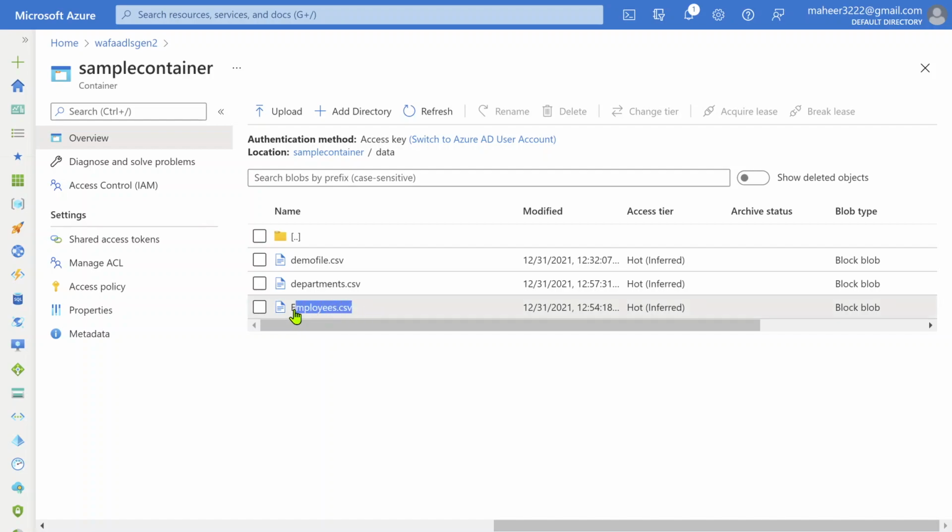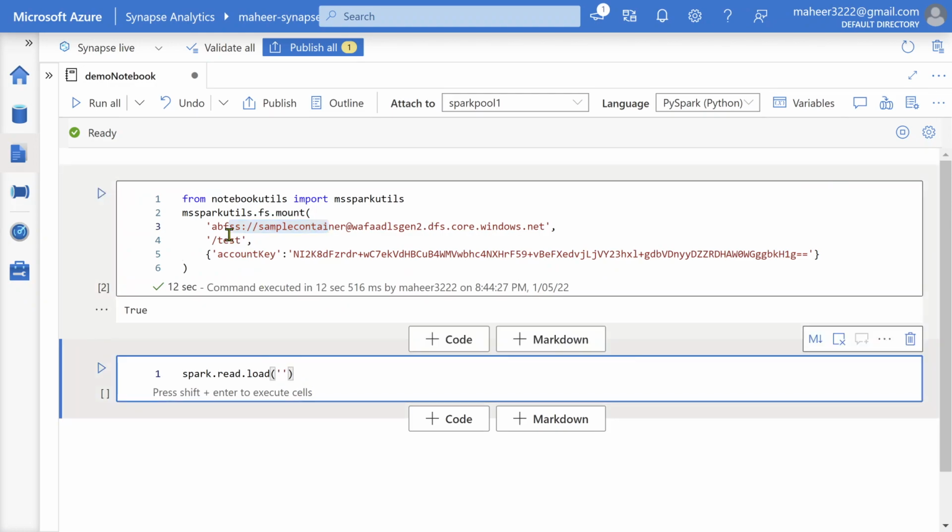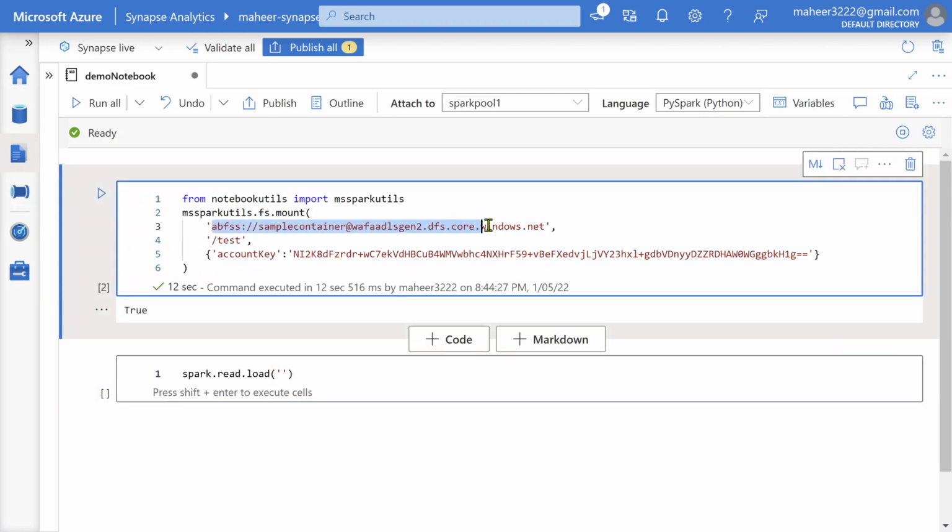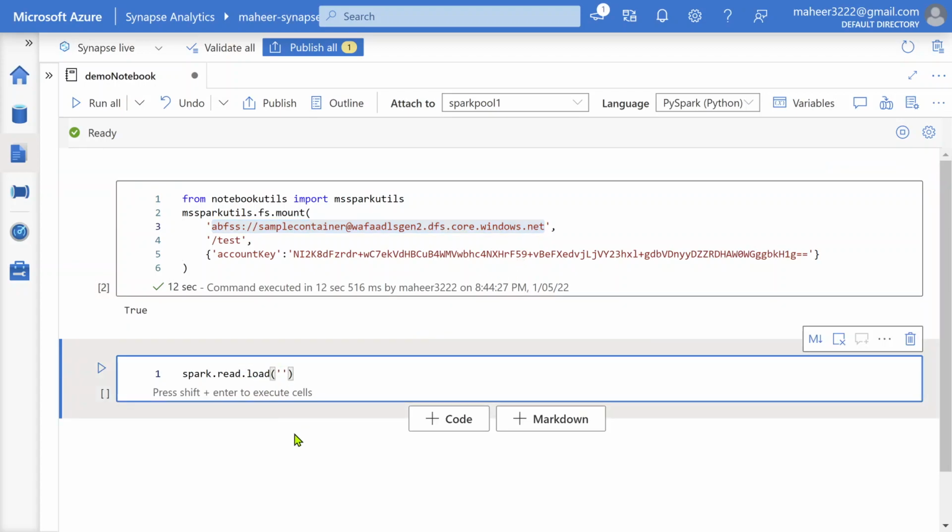Let's assume I want to read this employees.csv file into my notebook. To do that, we no need to mention the full path like this. Previously, if there is no mount point, you need to use the full path, then slash text, then data slash employees dot csv, like this. But now this container is already created as a mount point, so you can directly read this path from the